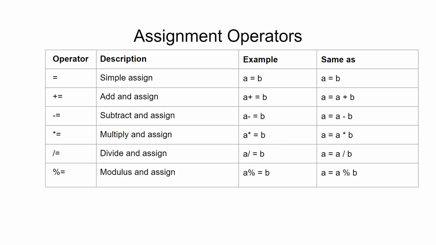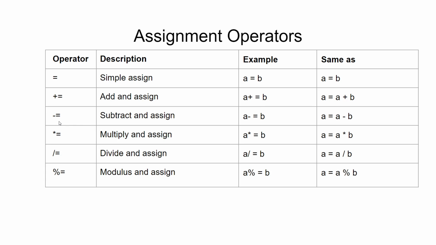So we have the simple assign, which is assignment of value without modifying the value. So A = B simply means the same as A = B. We have the add and assign, which will be represented like this, A += B, and that would be a short form of A = A + B. So when we say A += B, we're basically adding these two values and assigning the sum of those two values to A. So this is what that expression would expand to.